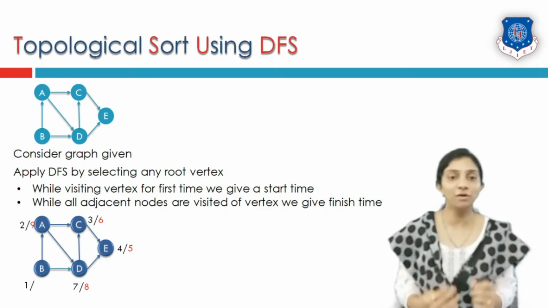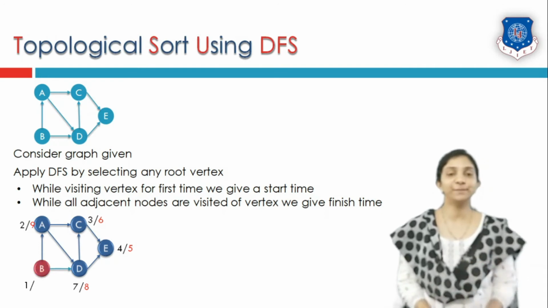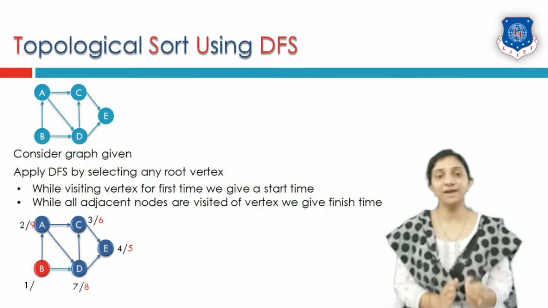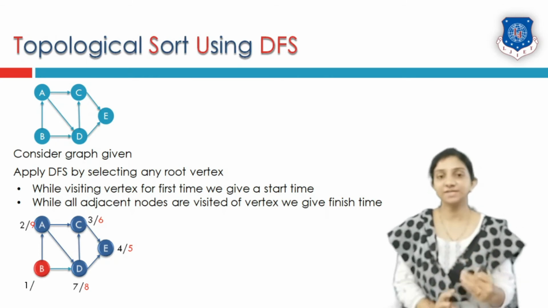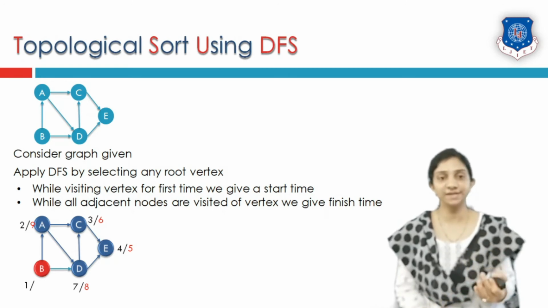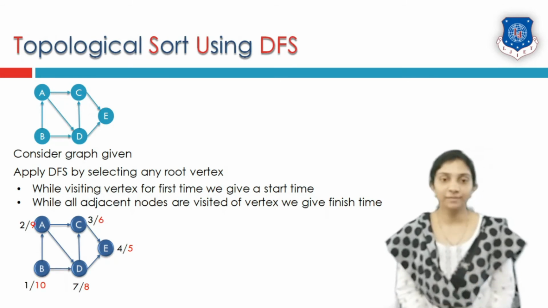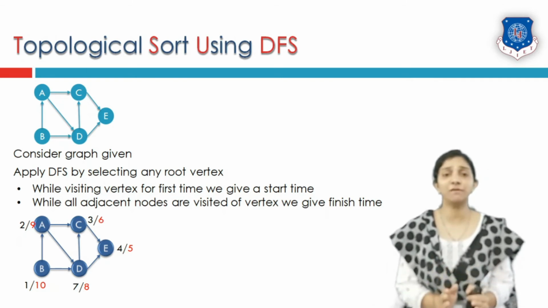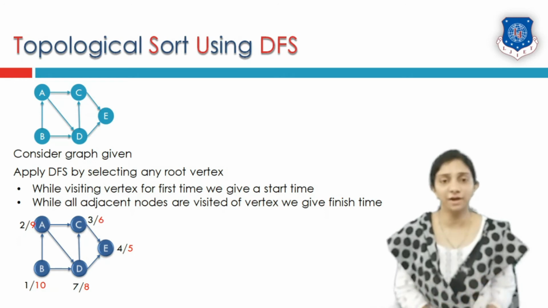So the finish number of A will now be 9. Now go back one step, that is, coming to vertex B. In this vertex, are there any adjacents left to get visited? It has two adjacents, A and B. Both of them are visited. So we will give the finish number to vertex B, that is value 10. So this is the complete traversal of depth first search of the graph.